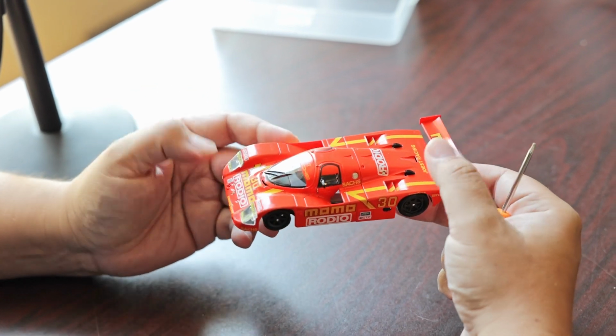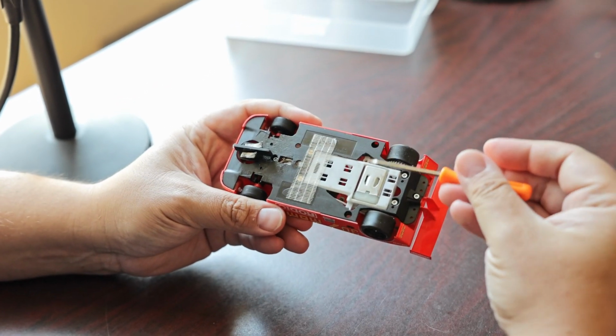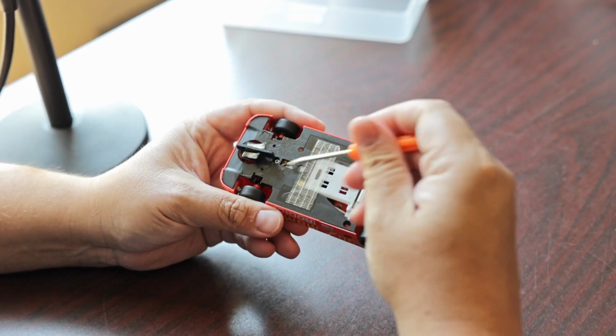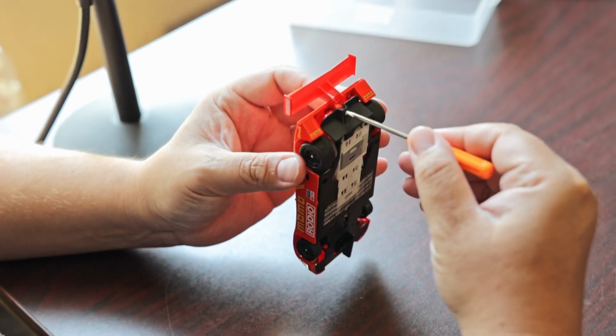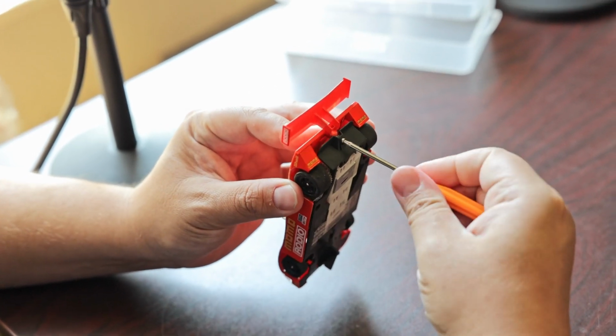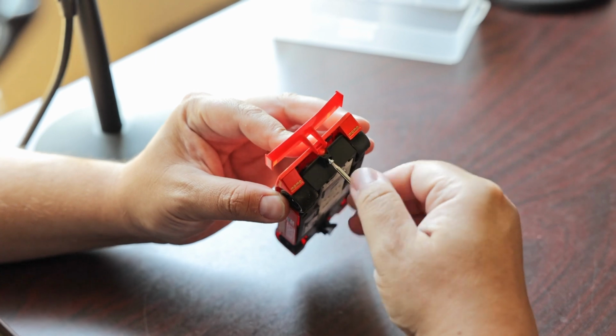It's a Slot.it Group C car, but it's a little different because they use a Sidewinder motor pod. So we're going to open it up and talk about the secrets around it, and Robert's here to give me more answers because I might have stuff that I don't know. So right now we have here a Slot.it plus